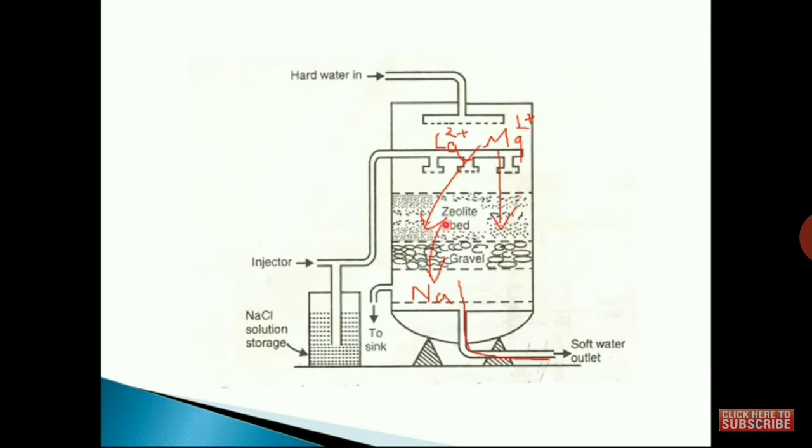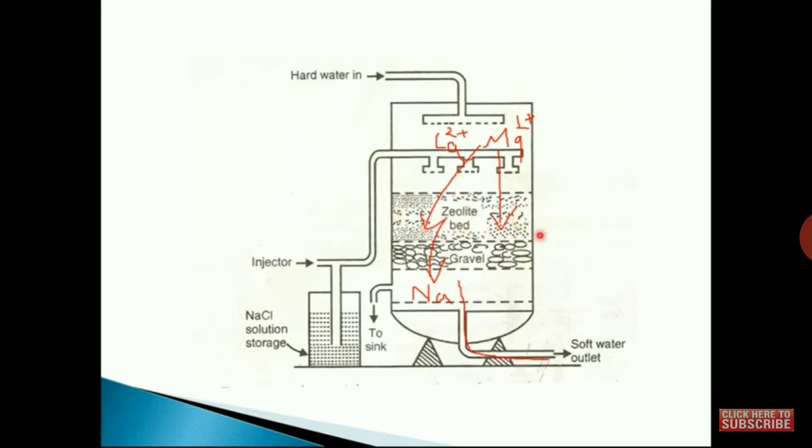Now you can see this particular part which is there on the left hand side. This is the sodium chloride solution, and if the sodium chloride solution has a concentration between 10 to 30%, then it is known as the brine solution. So what is the need of putting that chamber here, or that regenerator here? Once you do the process and you get the soft water, after some time what would happen? All the sodium ions which were there in the zeolite will come out.